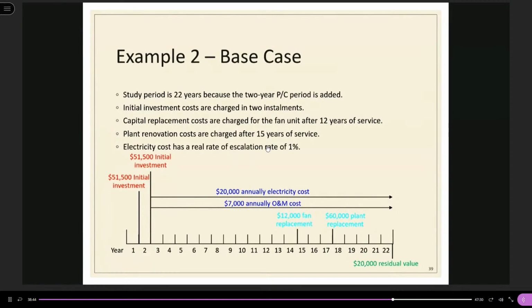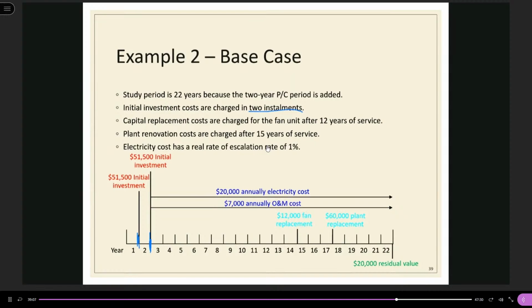So in this example, the initial investment will be charged in 2 installments. So you pay 2 times, the first time at the end of the first year and the second time at the end of the second year. Then